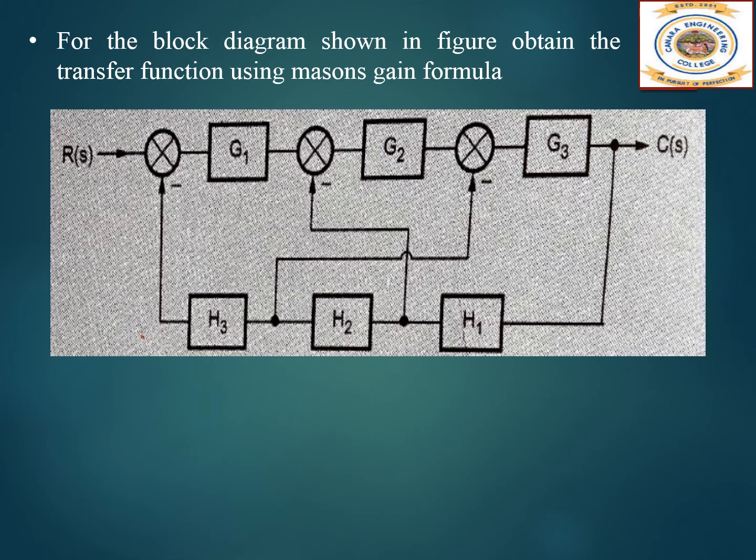So here block diagram is given. So first step is writing the signal flow graph. So let me name the nodes. So this summation point 1, here is one more 2, and here is one more 3, and this is one more 4, and see here also we have some takeoff points of 5 and 6. So wherever it is, I'll write it the same way. I will write the nodes there. I will not get it to the straight path and connect. As it is, I will connect, and it will be easier for us to identify the forward paths and the loops. Okay. So let me just write down the nodes here.